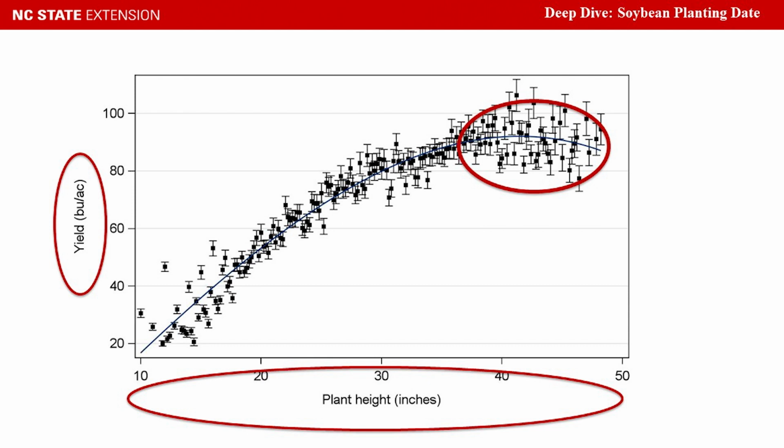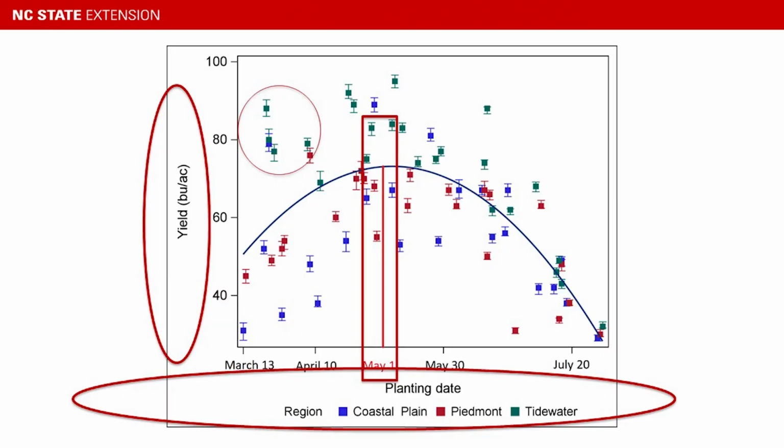So yes, you do need the vegetation to drive growth, but only up to a certain point. I'm sure many of you have seen before that some of your tallest beans aren't the highest yielding. This is why. This is about the cutoff for the height you need to be at for maximum yield potential. So looking at the relationship between height and yield, let's look at the relationship between planting date and